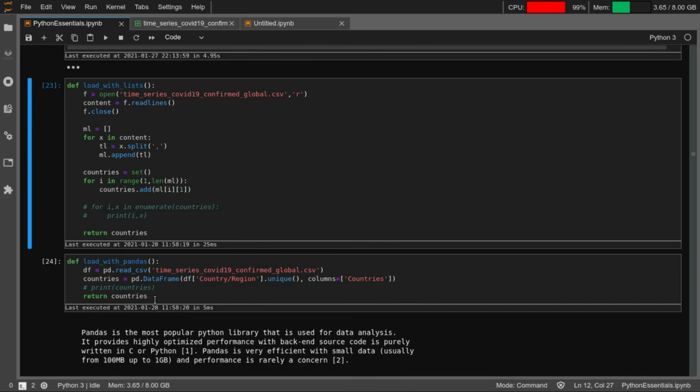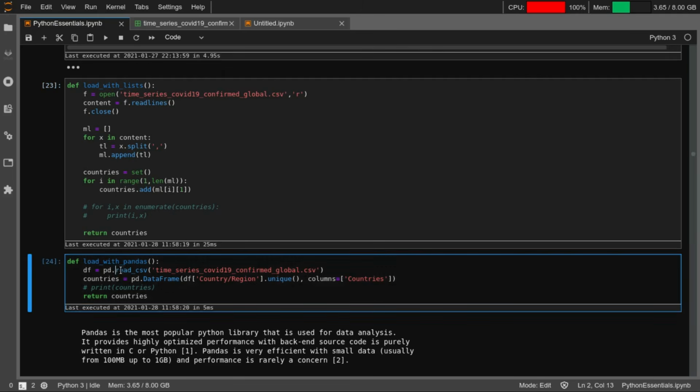Now if you were to do the same thing with pandas, as I said, it has certain inbuilt functions which allow you to handle and manipulate this tabular data very easily. It has a function called read_csv, and you can just give the file name, and it reads the whole thing. And out of that, if you want just the unique countries in one particular column, you can just call the function .unique. So you say df, this is the data frame that you had read, you select a column within that, the country/region column, and you're saying give me the unique ones out of it.